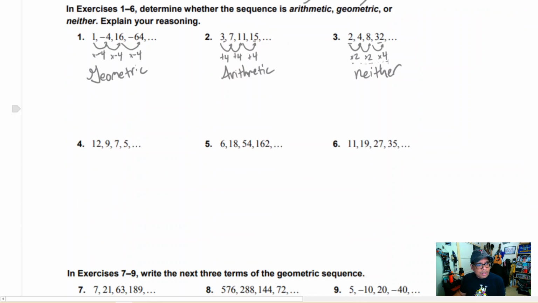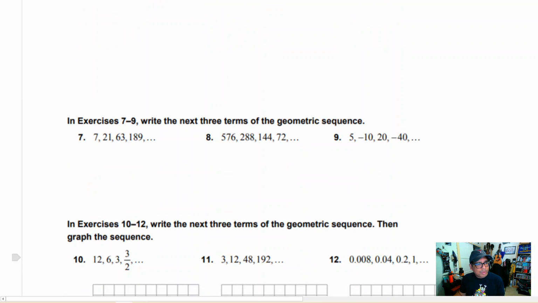So moving on to the next set of problems here, we're supposed to write the next 3 terms of the geometric sequence. The first thing I want to do is to figure out, well, what is the first term and what is the ratio? So let's figure this out. The first term, that's an easy one. That's just 7. And the ratio,